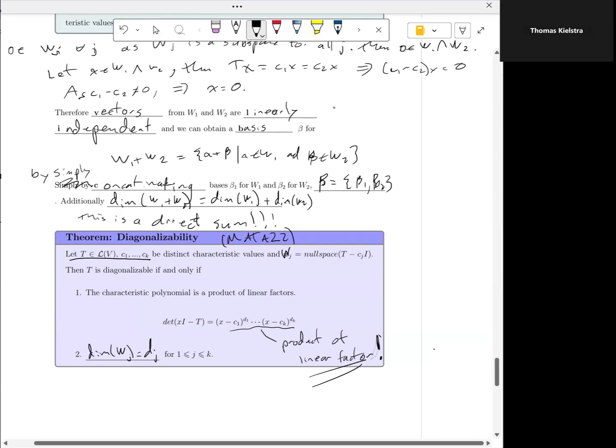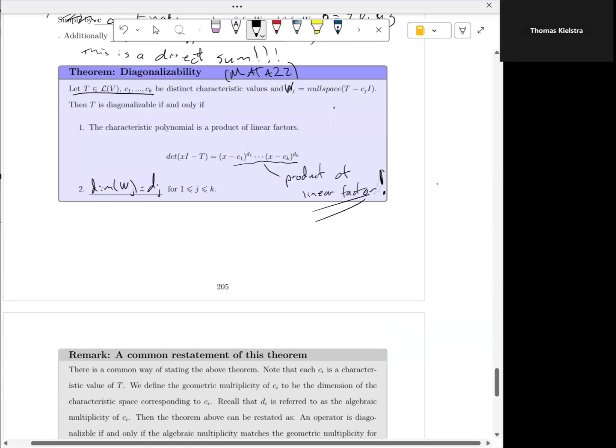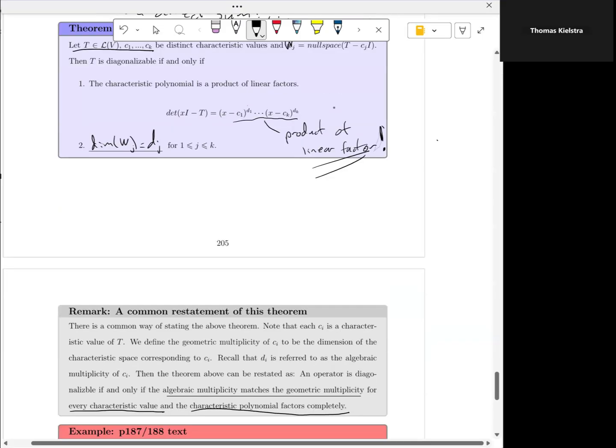Okay. Now, this is going to come into a bigger idea that we're going to talk about shortly in class. But in A22, all we did is say we could factor it, and the dimension of each subspace equals the multiplicity. What we did is we gave it a little bit more language. A common way that we could restate this theorem